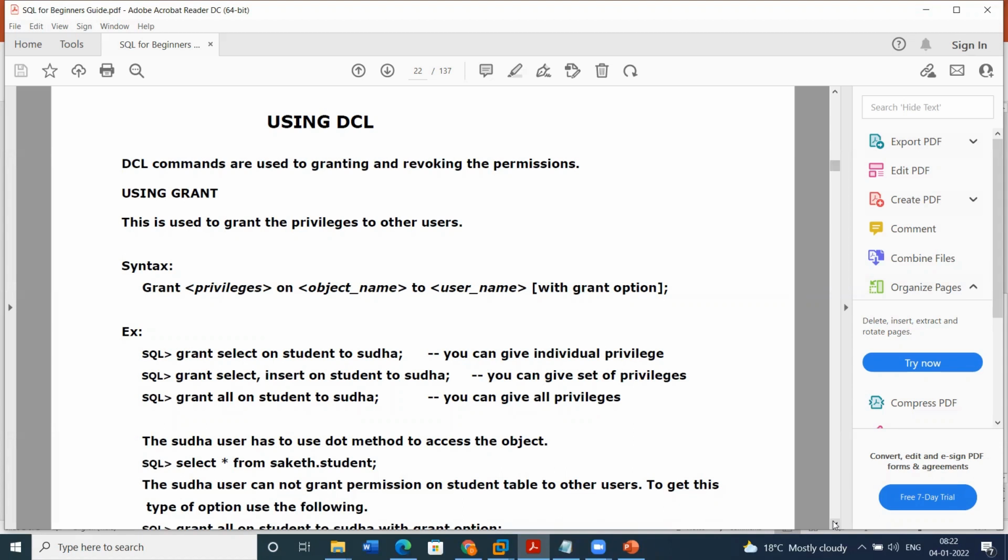Normally in a database, we have different types of users like business user, developer user. Based on that, they will give permissions. So the DBA will give permission using this command. Okay. As a developer, if you are working as an ETL developer, normally we don't get the opportunity to work on this command. Only the DBA has control of everything.